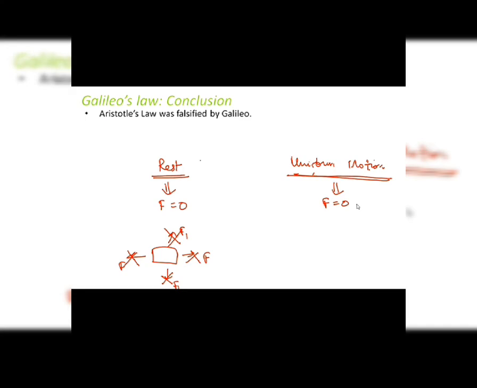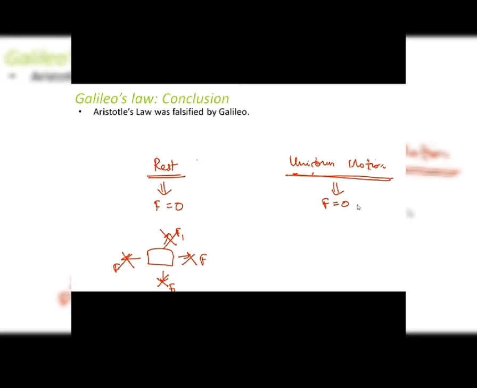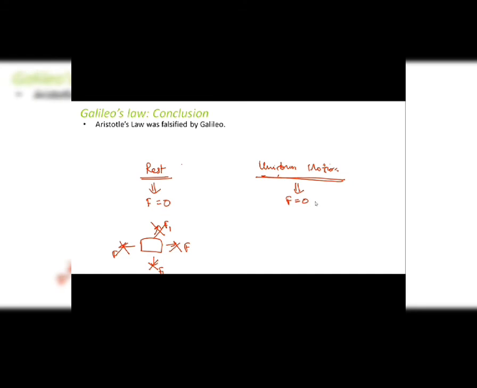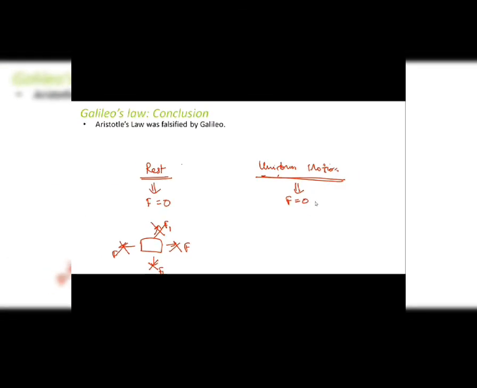Let's have a quick review. What did Aristotle say? He told that an external force is continuously needed to keep a body in uniform motion. But Galileo said that external force is needed only if resistive forces are present. If the surface is frictionless, we do not need any external force to be applied on the body to retain its uniform motion. So, in other words, Galileo said that for a body in uniform motion, the net external force acting on it is zero. According to Galileo, a body at rest is considered equivalent to a body in uniform motion. Because when you consider a body at rest, the net external force on the body is zero.